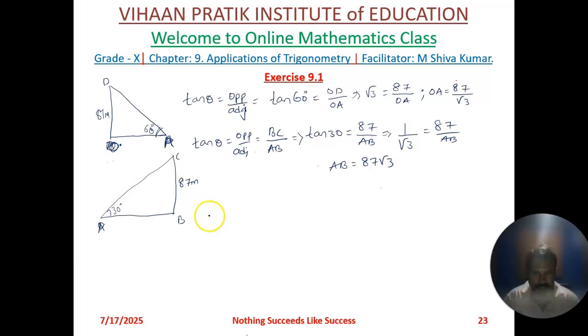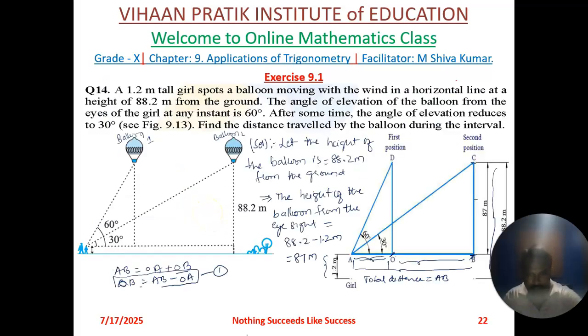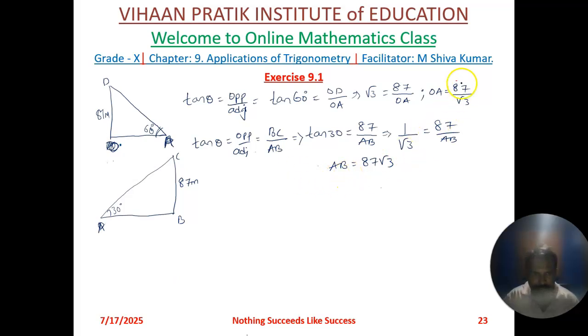Now what we need to find out? We need to find out OB, the distance the balloon has traveled. So OB equals AB minus OA. So here we have OA, here we have AB. So we need to find out OB. OB equals total distance AB minus OA. AB is 87 root 3 minus OA is 87 divided by root 3, which will equal to